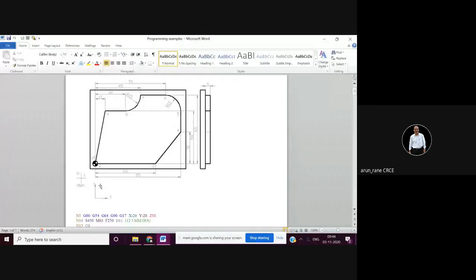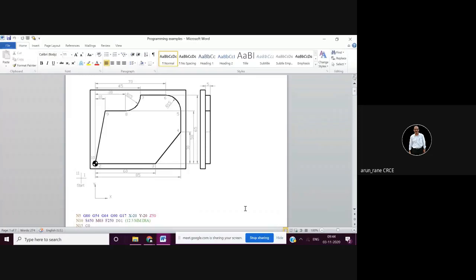In the table you have to write the operation description, that is milling. Then next is your tool description. There you have to say HSS tool, dia 30 mm, 4 flute cutter. Then cutting speed, then feed.